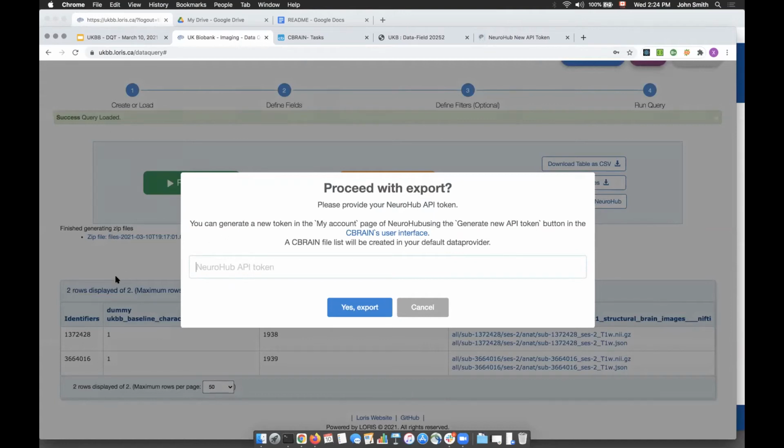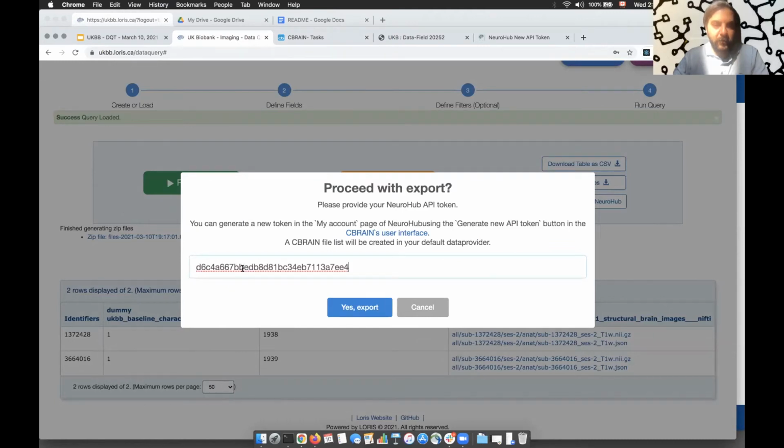I go back to this step where I'm prompted for an API token. And by the way, a little bit of context on this procedure: data transfers can be a real pain, even if you are programmatically inclined, trust me. There are all kinds of issues with firewalls and file mounts and things like that. So being able to just take a token from one system and put it into another and then say yes, export, might sound cumbersome, but compared to what you would normally need to do, it's so much simpler.